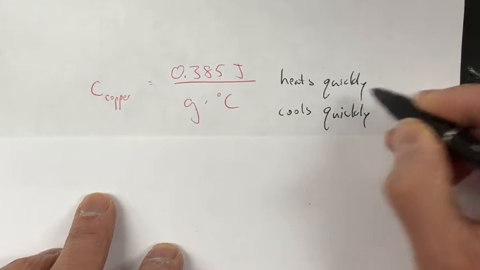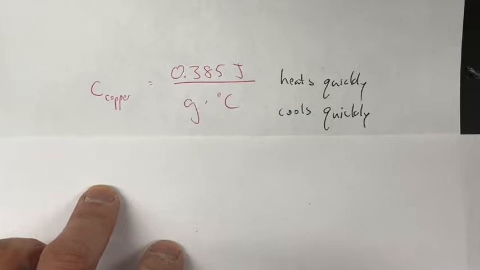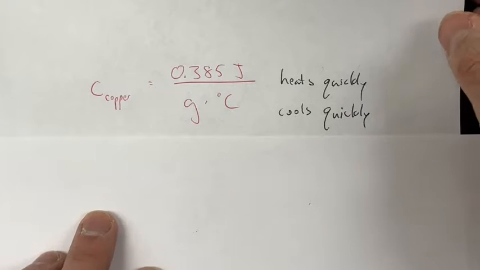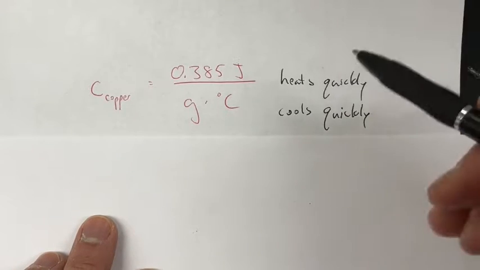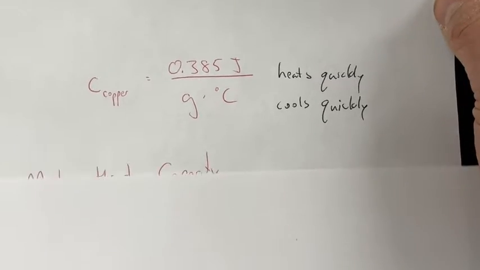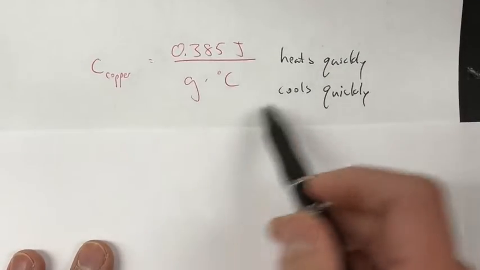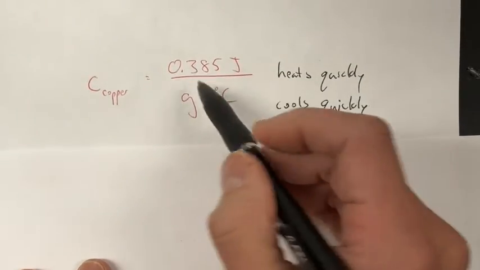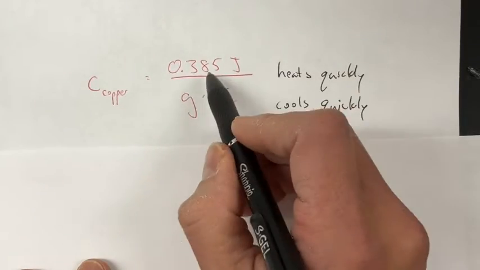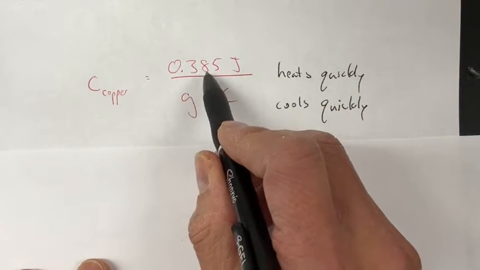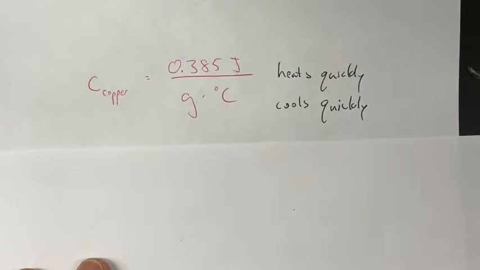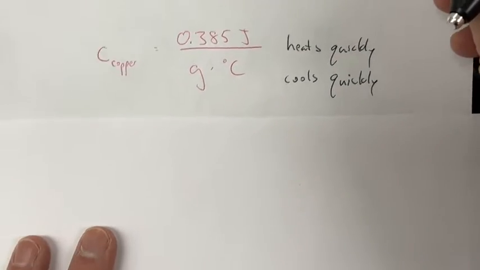Okay? If you take a metal pan of water and put it on the stove, the metal pan heats up really quick, but the water takes forever to heat up. We know that. So this is just how the specific heat capacity looks. If I had a cube of copper, it takes a lot less energy to heat up than it does water. What about something called